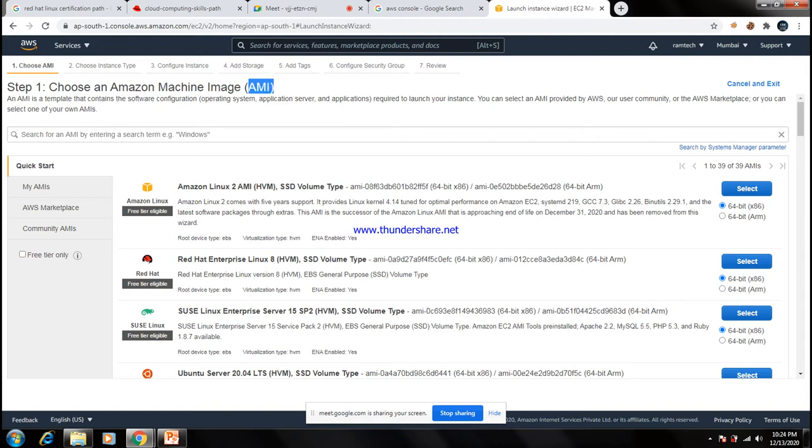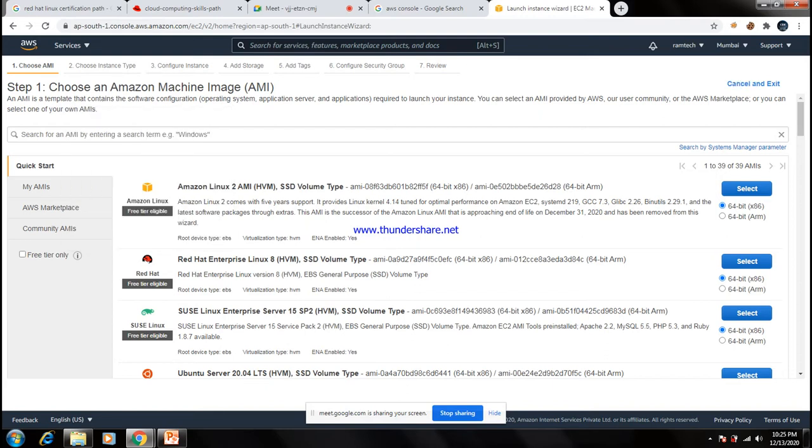So this is the AMI. AMI means Amazon Machine Image. There are many options available here. One is My AMI, another one is the AWS Marketplace, another one is Community AMIs, and another is free tier only.